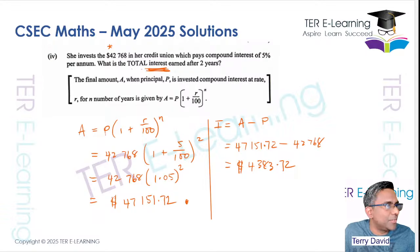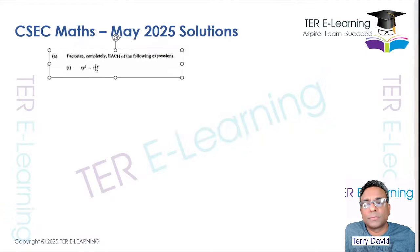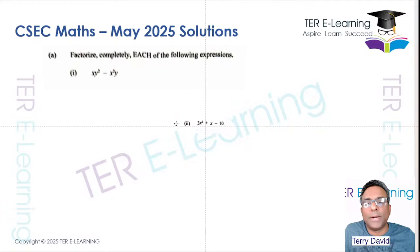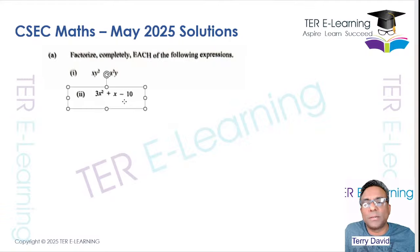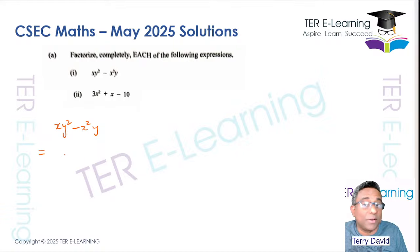Question 2 is your algebra question. So this is question 2 here. This part is a little blurry, but we can still work it out. All right, so we have 2 factorizing to complete here. The first one we have xy squared minus x squared y. In this case, you want to factorize, so we're going to use the